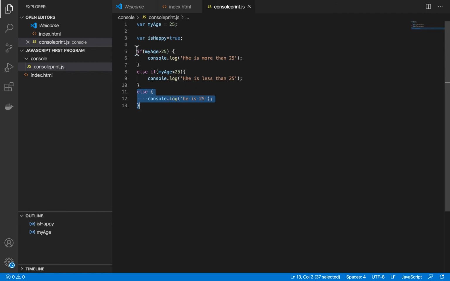So this is how we can use if else and else if statements. We can have multiple else if statements if you want. Again, I want to reiterate, we can have one more statement over here which says if it is, let's say, greater than or equal to 25, print this, and we can use it like that as well. So this is all about the if else statement and else if statement in JavaScript or any other programming language.